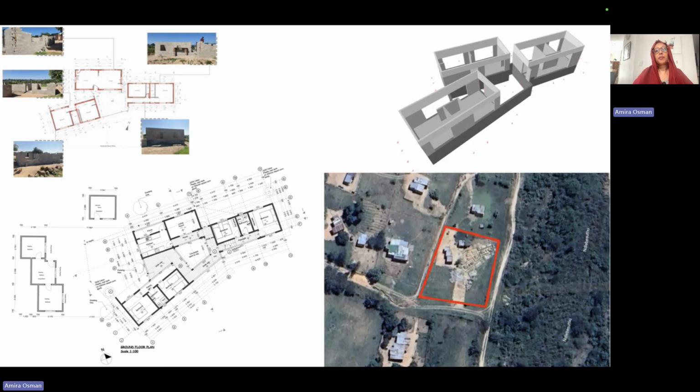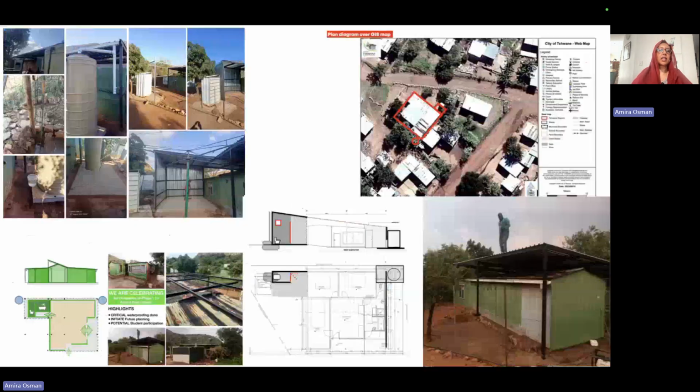We did this also in a rural development, which is being built currently in an area called Bushbuck Ridge, where the house, instead of being one solid block, was separated into 3 components. It could become one family house, it could become 3 rental units, and the way that the building is designed is done in such a way to allow for some flexibility in the internal layout by the family. As I said, this is still on site.